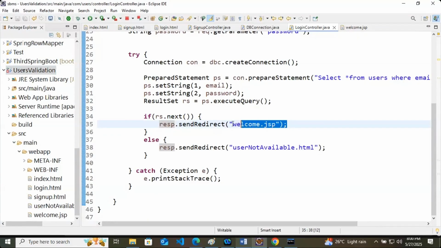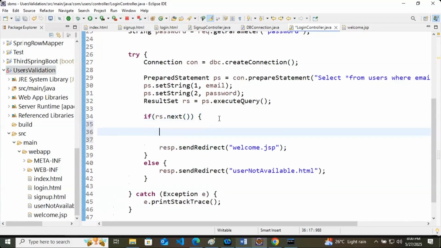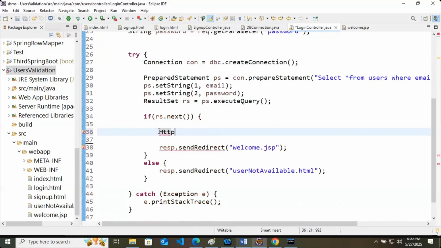Before sending the request to this page, let's create a session here. I will create a session, that is HttpSession.